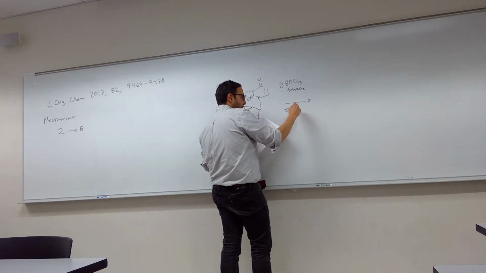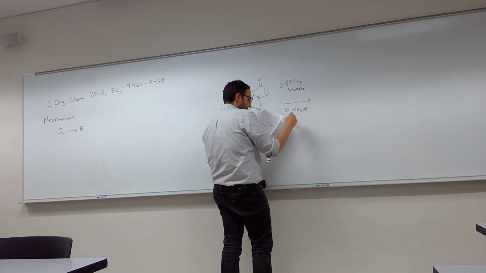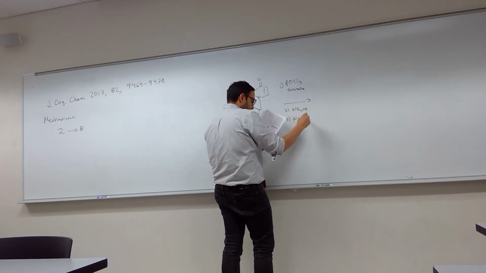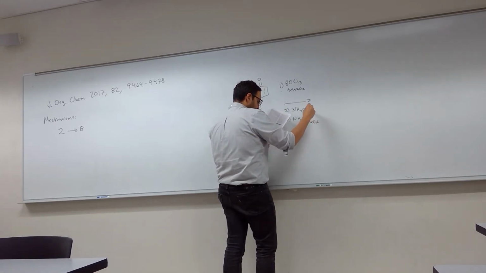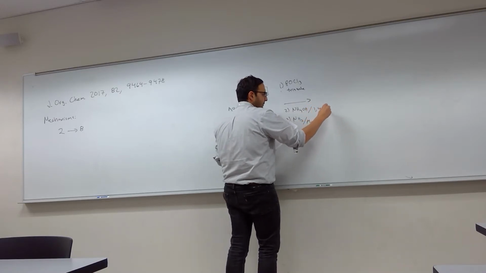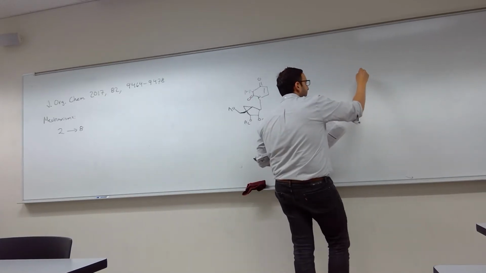Then you follow this with ammonia in dioxane, and then ammonia, and then one common small dioxane. So what you end up getting is